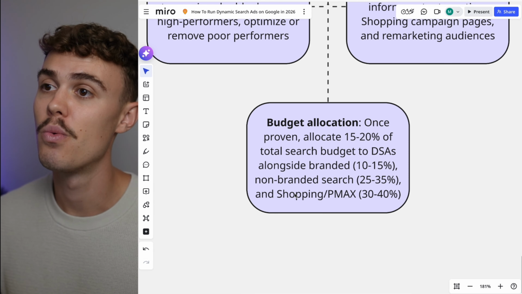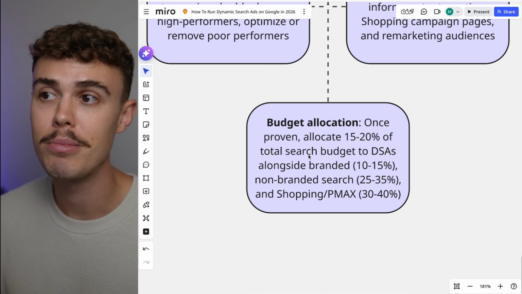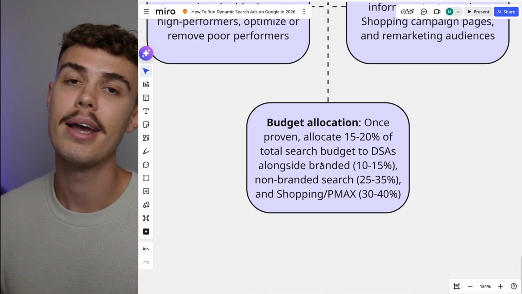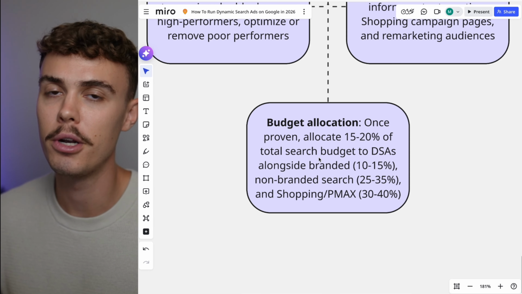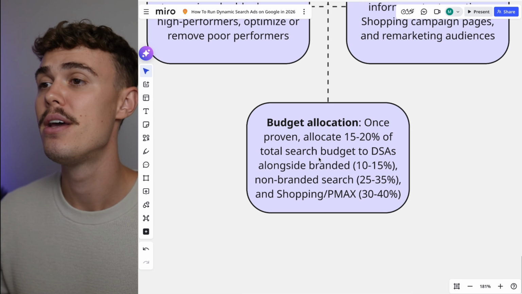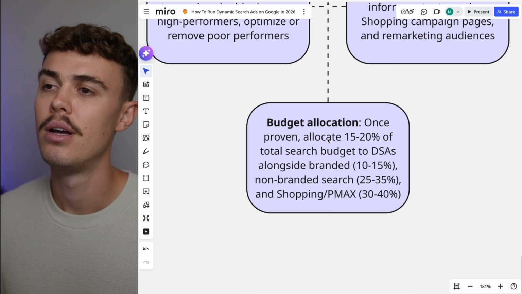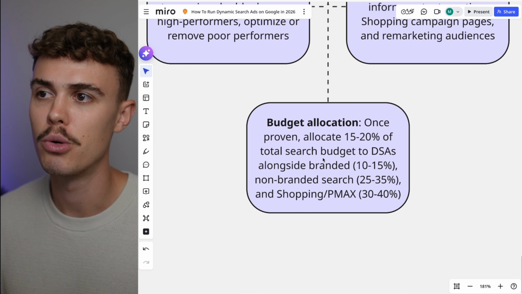Finally, budget allocation. Once you've proven the success of your DSAs, typically allocate 15 to 20% of your total search budget to them. Again, this is a completely rough guideline. It totally depends on your account, on how well it's performing, and how much they can scale in your account. But this is a decent guideline: if you have a total of X amount of search budget to work with,